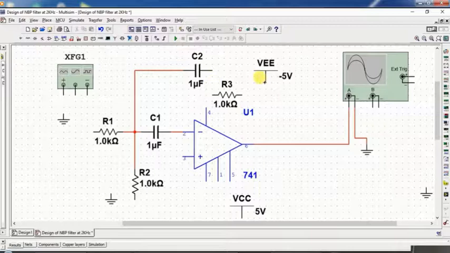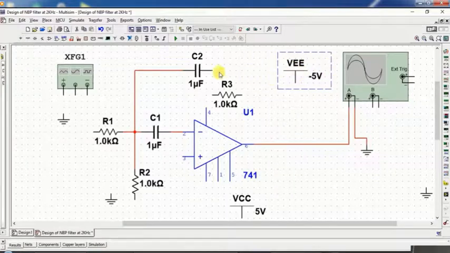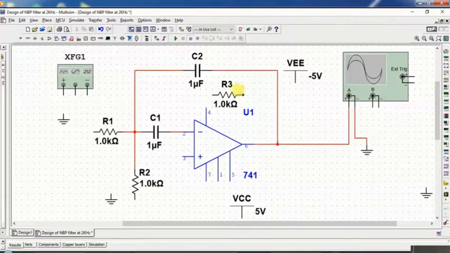Here the other terminal of this capacitor, you can connect as you can see over here, to the output terminal of the op-amp, pin number 6.